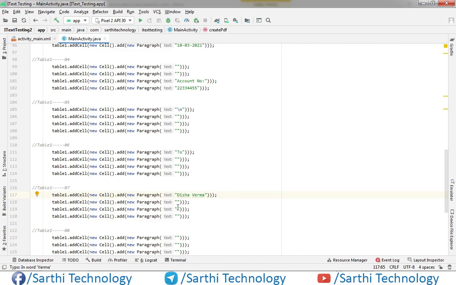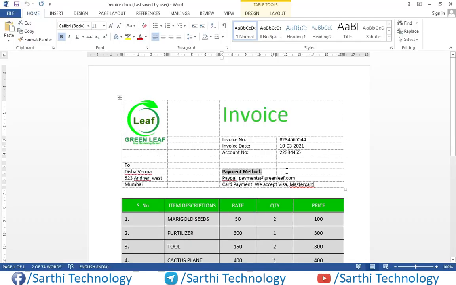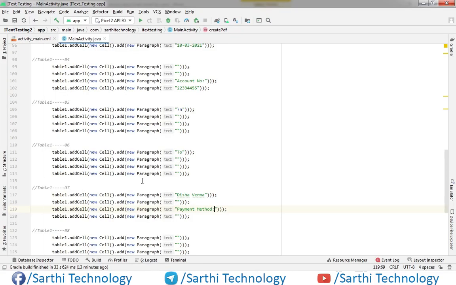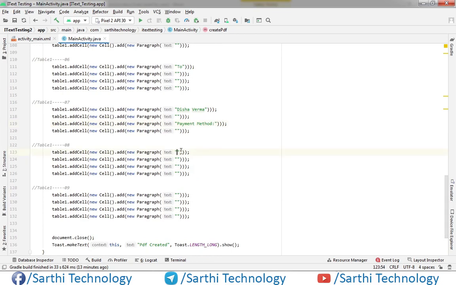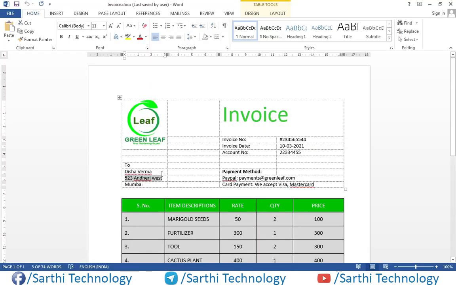Fourth is blank. In the next, copy this, put here. This is blank, and this has one column span.